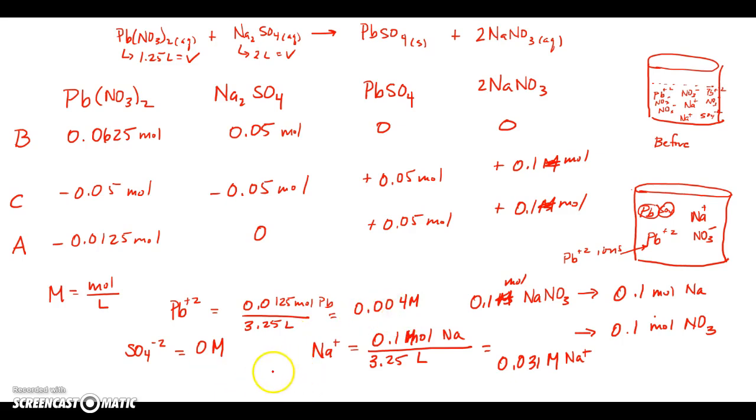The one that gets a little bit more challenging is this NO3. With NO3, do you notice that you still have NO3 left over? So we definitely know that we need to deal with the NO3 that's here, and in addition to the NO3 that never actually reacted. So for NO3, I know that I ended with 0.1 moles of NO3, but I can't forget that some of that additional NO3 from the Pb(NO3)2 just never was involved. We had extra, and we have to include that extra. And do you see, because of this subscript over here, it means I have 2 moles worth of this, which would work out to be